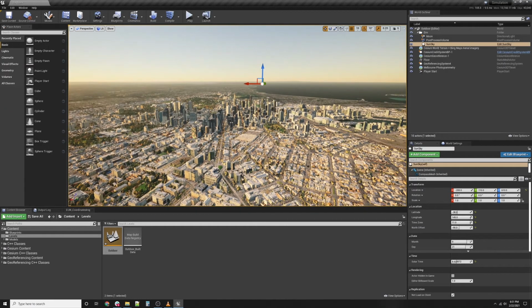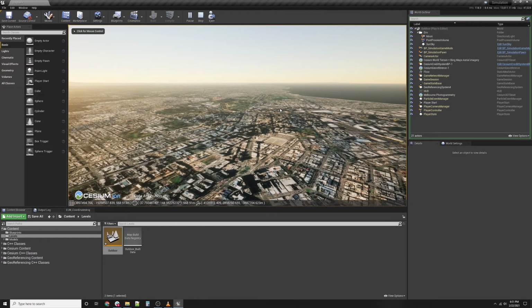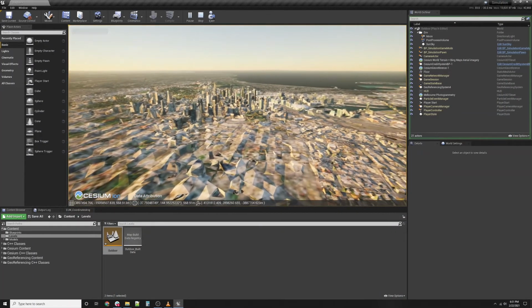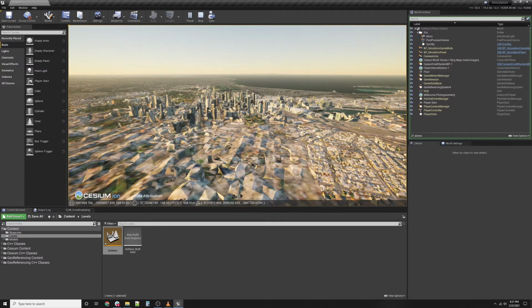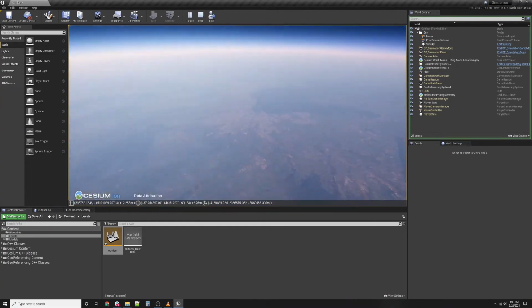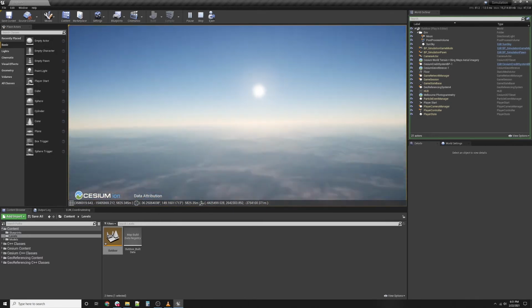So I will change the lighting condition, and then we can play and have the terrain streamed once again. Here we go. And we can see that if I move, and I can move very fast and very far away,